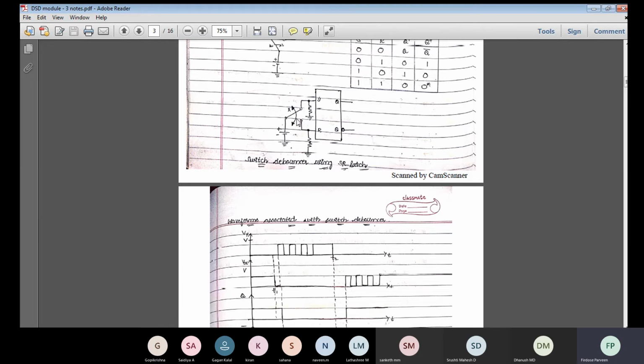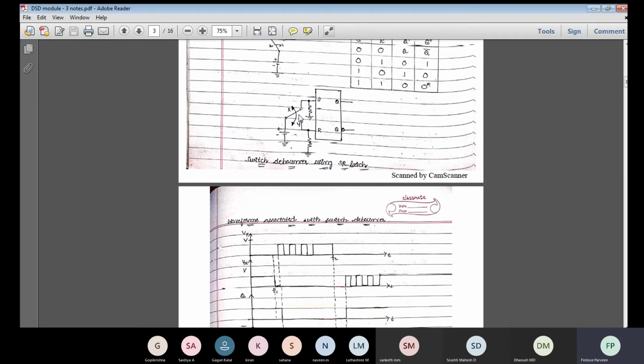So what happens next? The switch is moving again to this position. While making the movement from this to this, somewhere it was at the center. When it leaves, this becomes 0 as it is grounded. So this part is grounded and this part is grounded. When it is grounded, what does it mean? It is 0 and it is 0. So what happens when it is 0, 0? It remains with the previous state. So what is the previous state? Here the previous state is 0, and for a few minutes it will be 0 only.